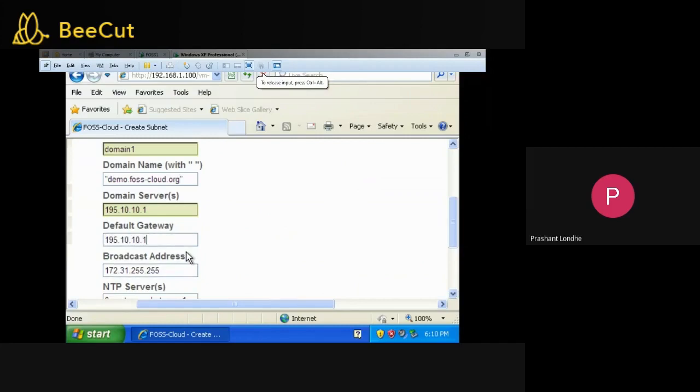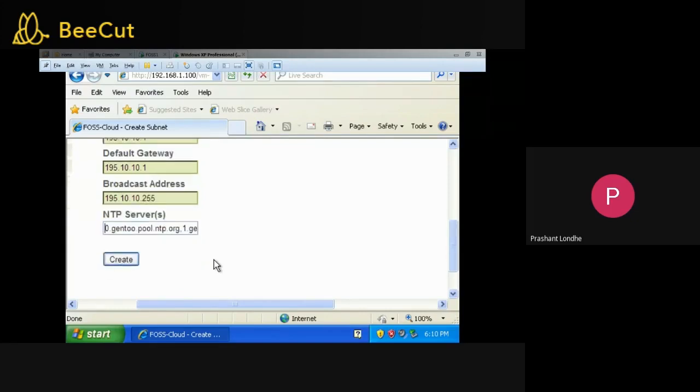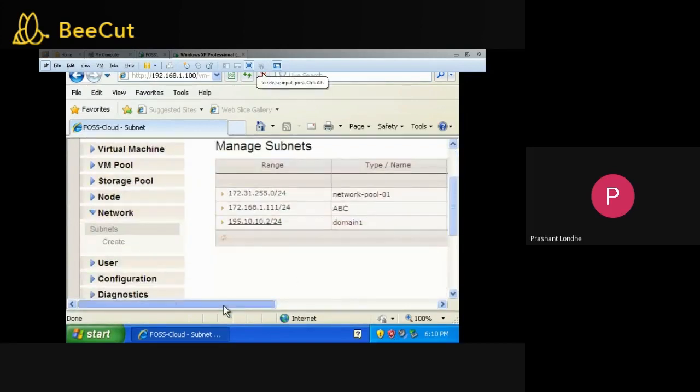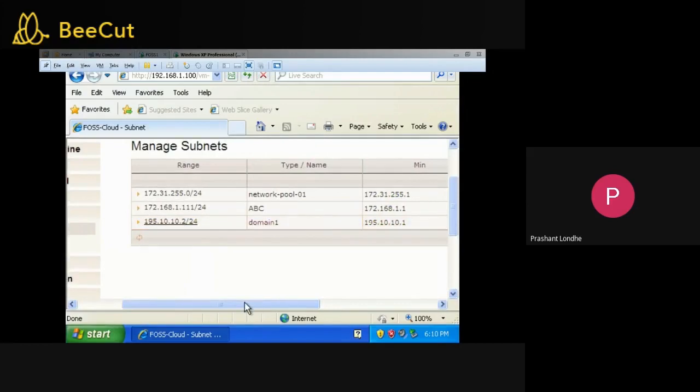Default gateway, then default broadcast address. Let me see. Fine, it's created. Okay, so I have defined one domain.